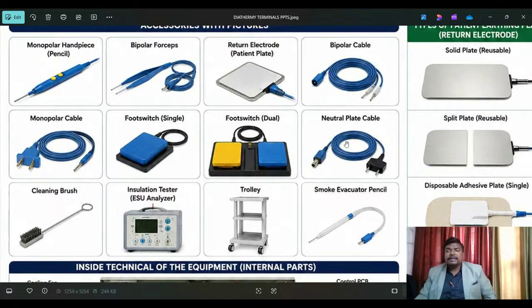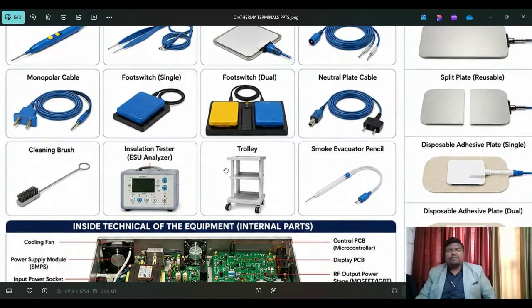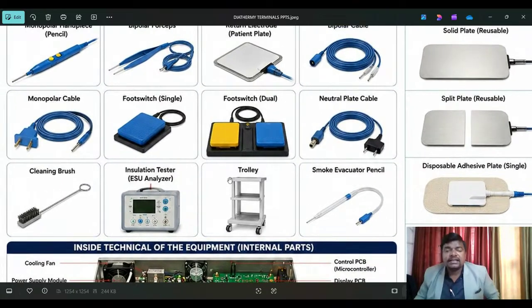Understand? See here, this is a neutral plate cable. All types of accessories are available in the local market, but you have to follow up with vendors and hospital store management, and many marketing people are available in the society, because of that much importance and development in the